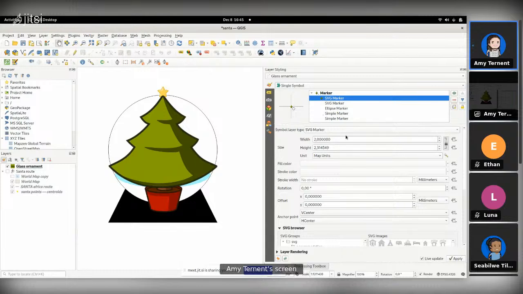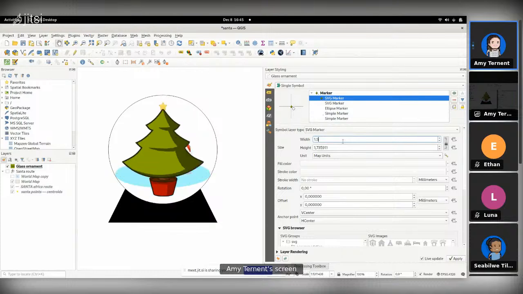So let's make this the right size to fit into my snow globe. So let's look at the width of it. We're going to go 1.5. It's now going to look a bit skinny. I have locked the aspect ratio as well. You could, of course, unlock this if you want to stretch the image in a specific way, but I've kept the aspect ratio because I want the tree to remain